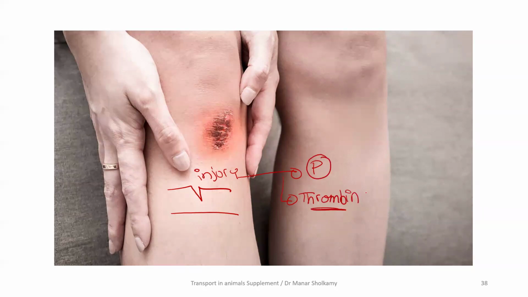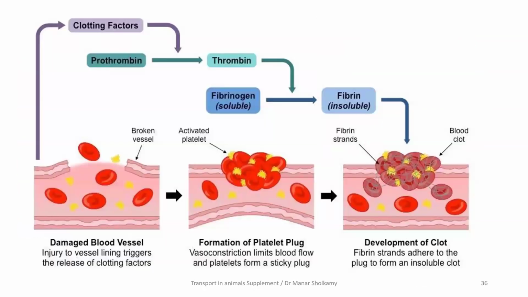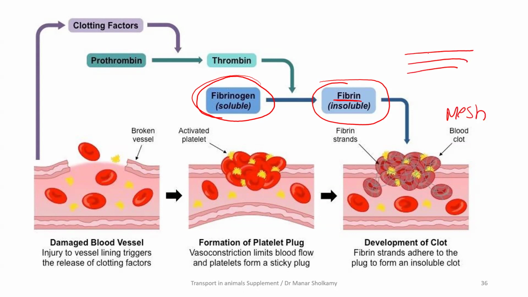Platelets and the thrombin enzyme. These two will work together to carry out a series of chemical reactions. Now, these chemical reactions will change the soluble fibrinogen protein into the insoluble what? Fibrin. You have to know the names. They have to be in the answer. This insoluble fibrin will create a mesh. A mesh is something that looks like a trap.